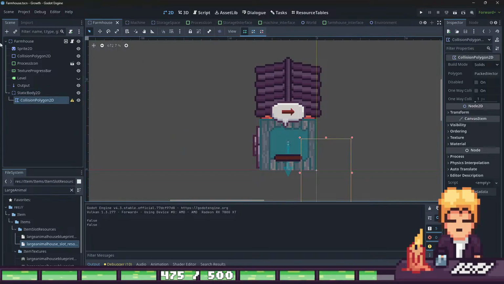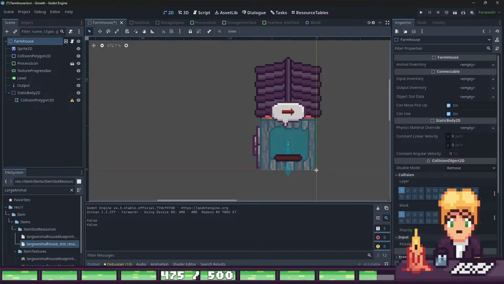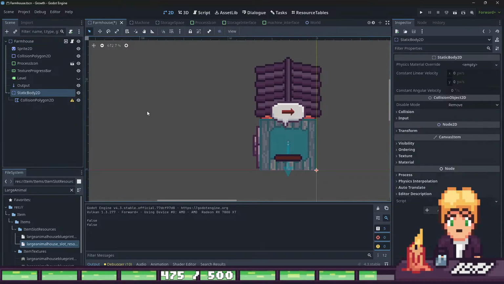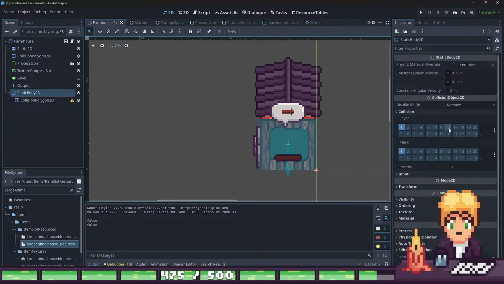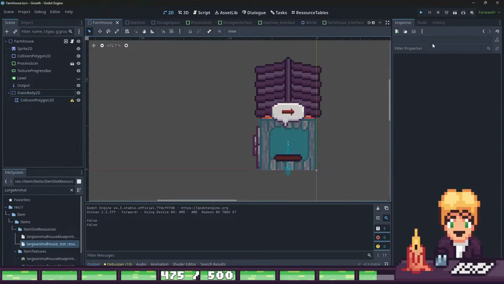When we save it, we say farmhouse will collide only on one, and this one will be only on 15. And we also don't want to get inputs on this static body, so this is fine. And when we start it,